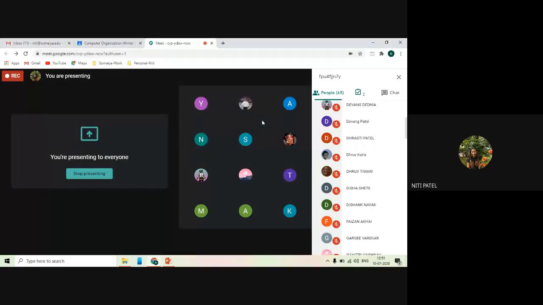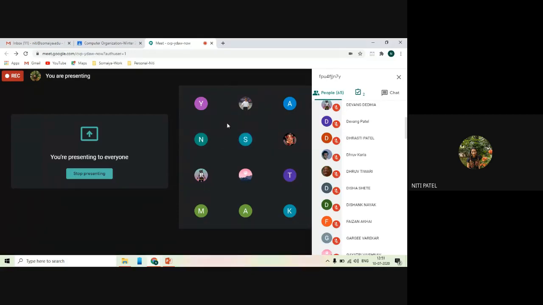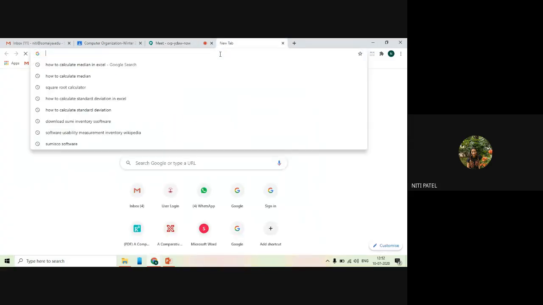Now, what is trackball? Every one of us has seen a mouse. Have you seen a mechanical mouse? A mouse which has a circular ball below, which is used for moving. Nowadays, those are replaced with your laser and optical mouses. But in CPM, you might have seen those mechanical balls. That is mechanical mouse. So if you put that upside down, so that is what is trackball. Okay, if I can show you on the internet, just wait.